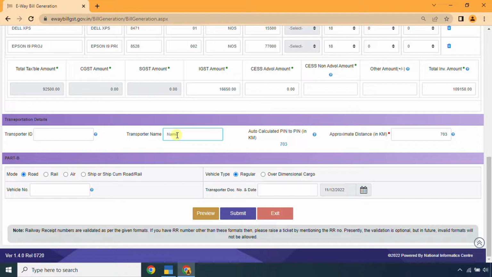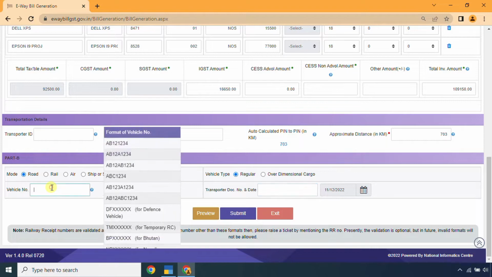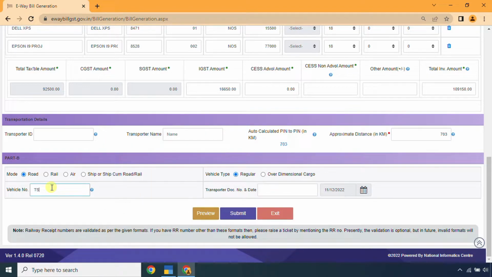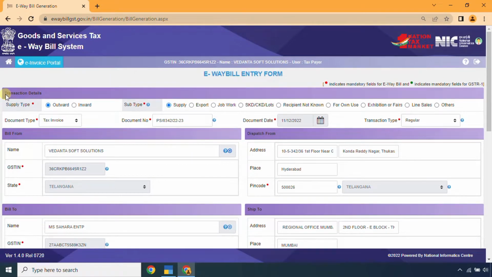And if you are booking with any private vehicle, in that case you don't need the transporter ID, transporter name, or even the transporter document number. You need only the vehicle number. I am going to enter the vehicle number TS10EL5711, and then